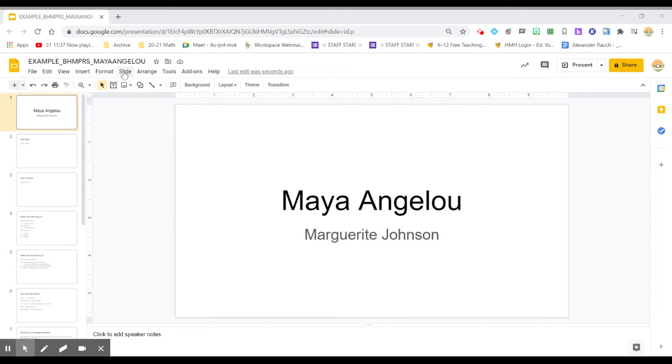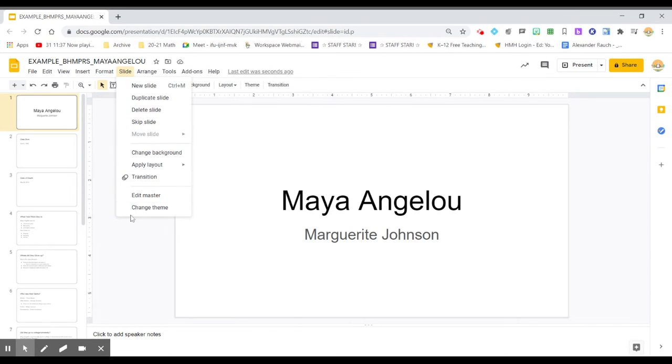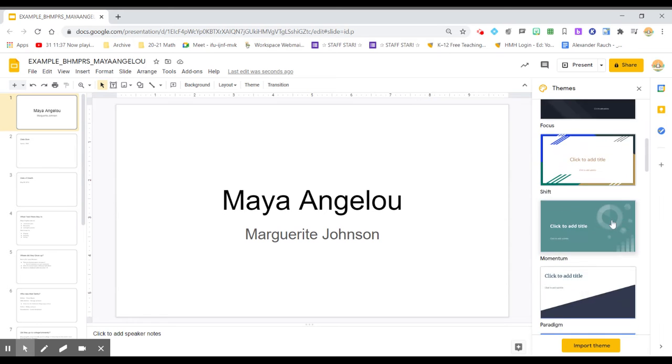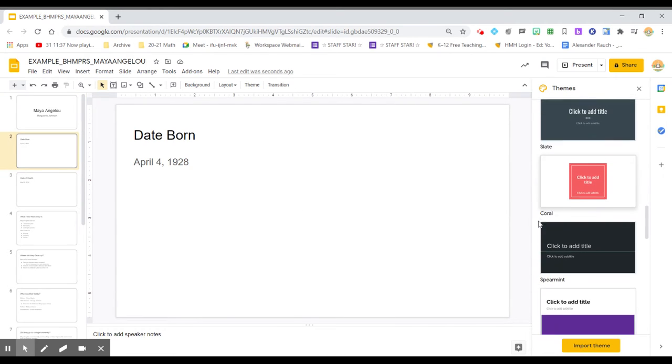So the way that you're going to do that is we're going to hit slide. We're going to go down to change theme. So again, that's slide from your options menu down to the bottom, change theme, and it's going to open up the themes available to you that are pre-made. The 3 that you guys have to choose from are,